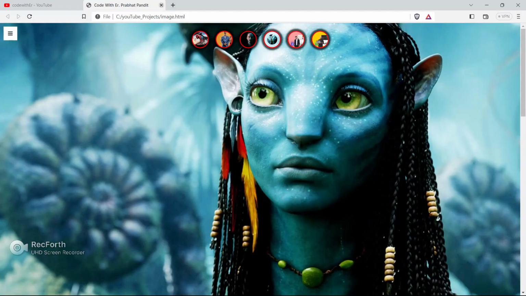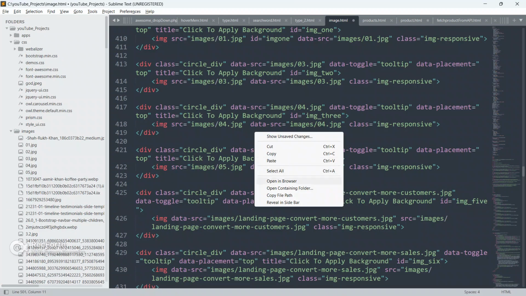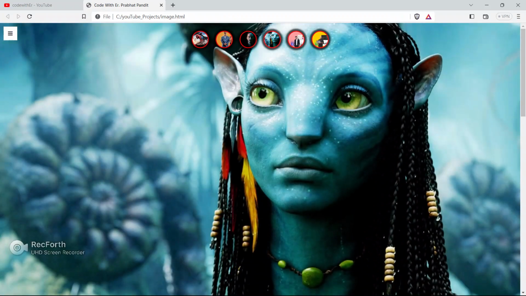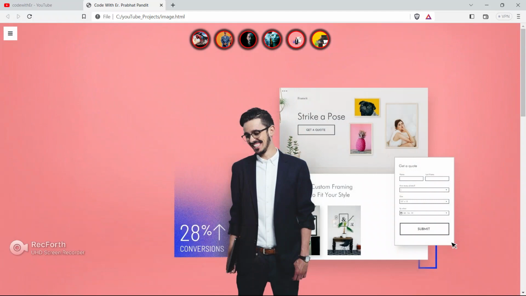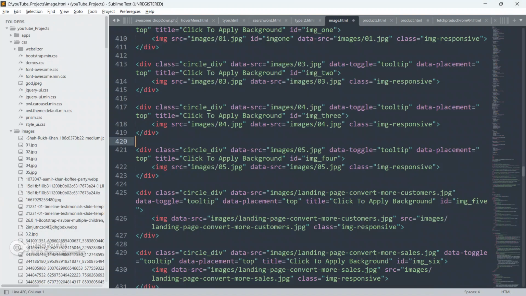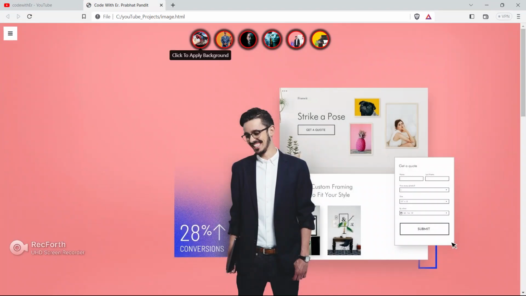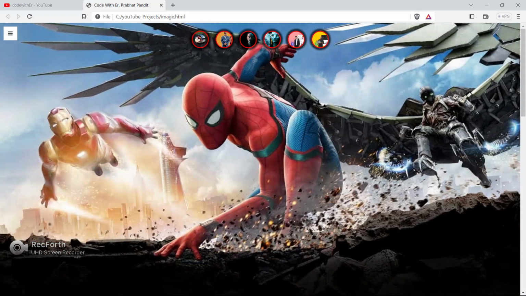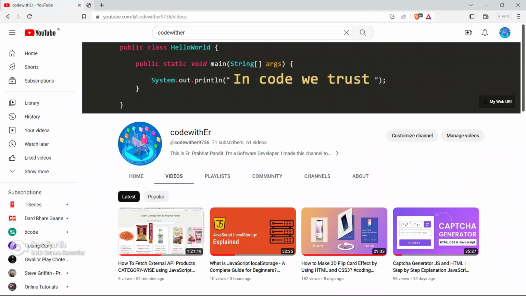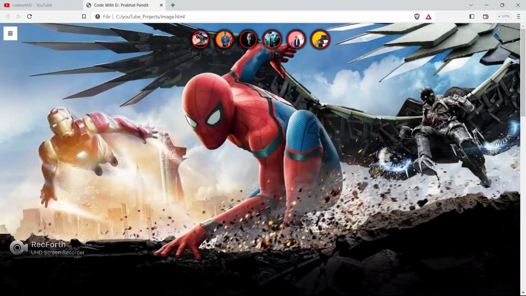I'm going to cut this page now. Go to the code, and open the page again. See, this is the background now. Change the background now to a different one. Just remember, this is the background now. Cut the page now, and open the page again. Now change the background again. As of now, just remember this is the background. I'm going to cut the page now, and again open the page in the browser.